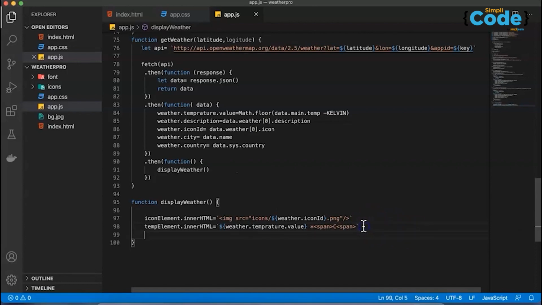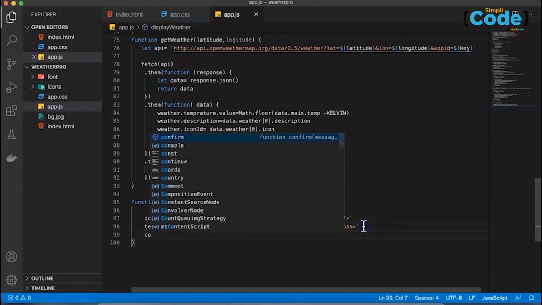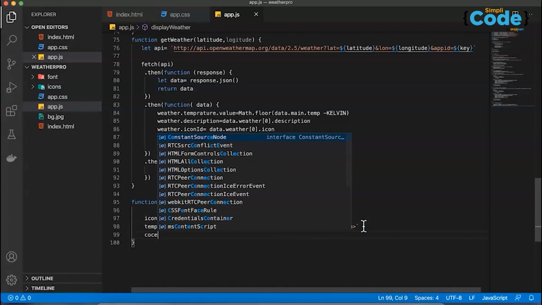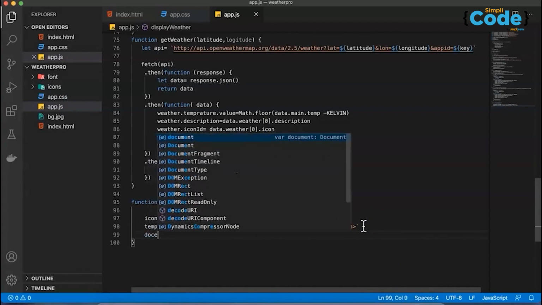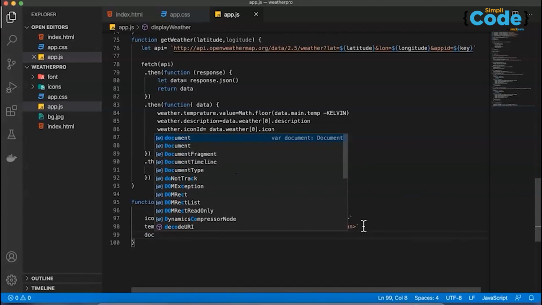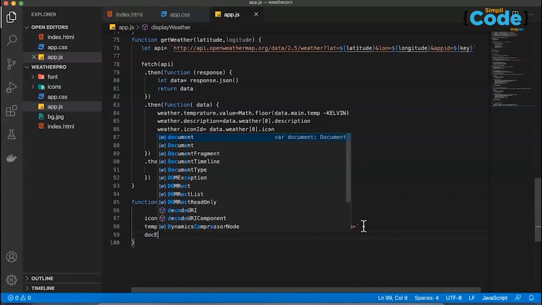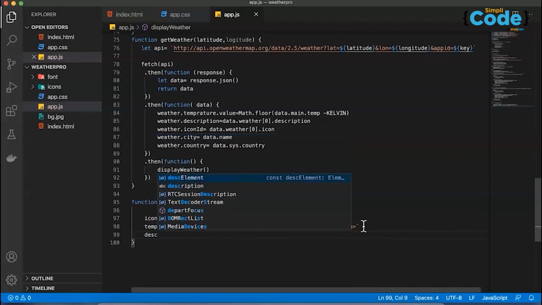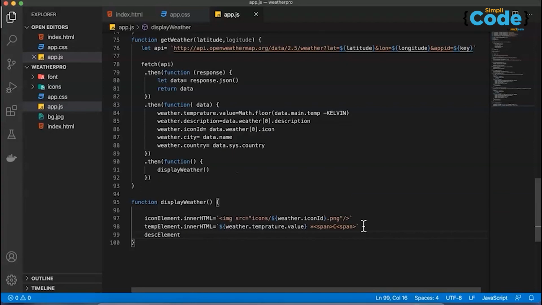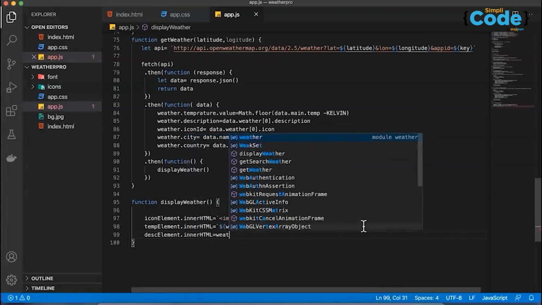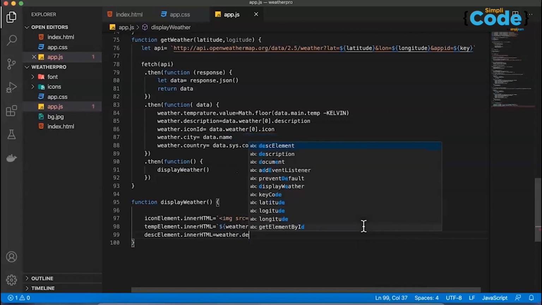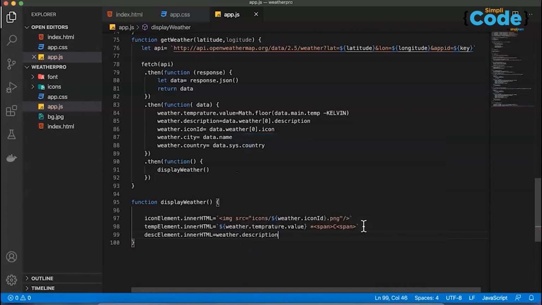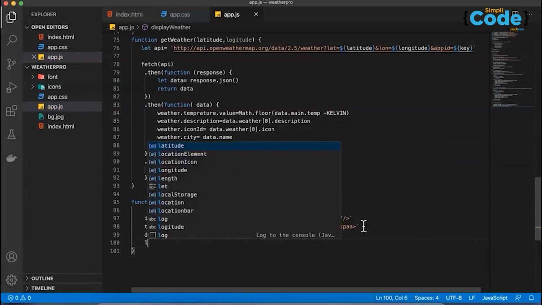Next we are using the description element, so we have the description element dot inner HTML equal to weather dot description, and last but not least location